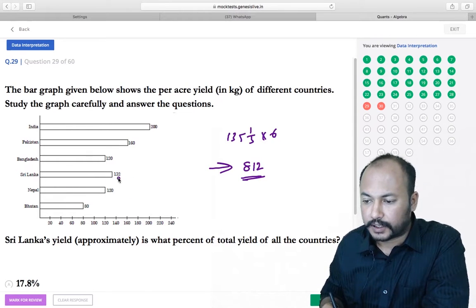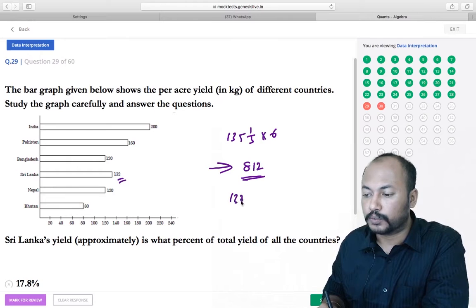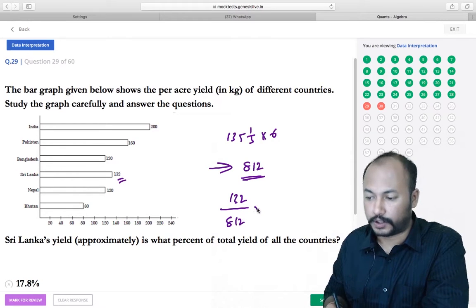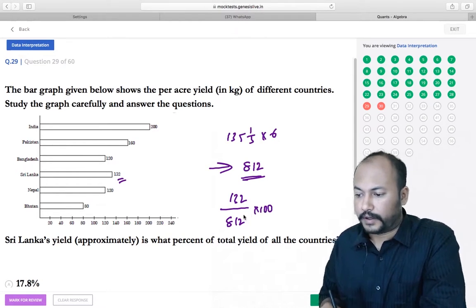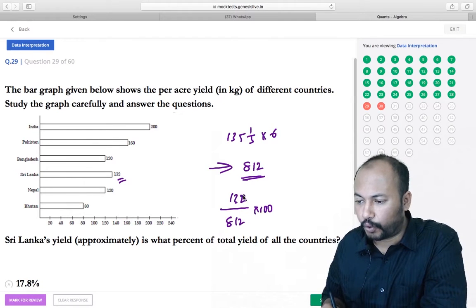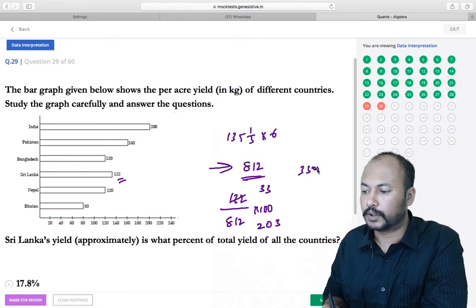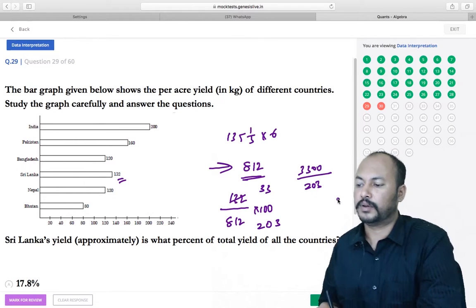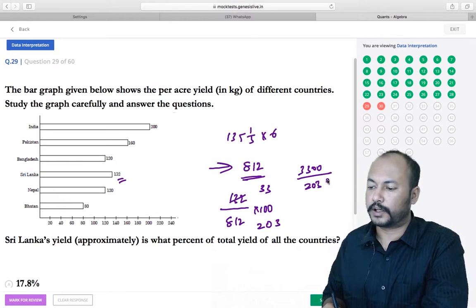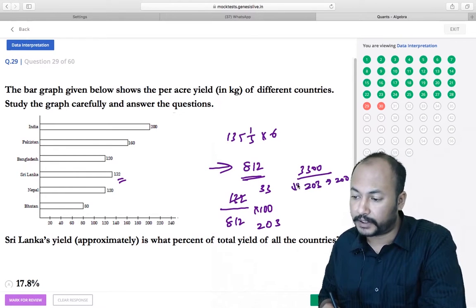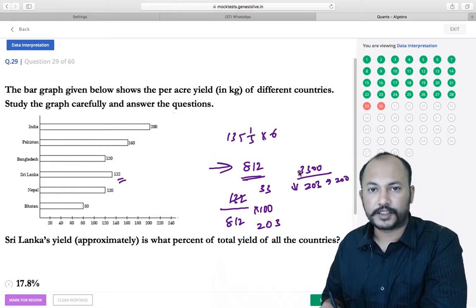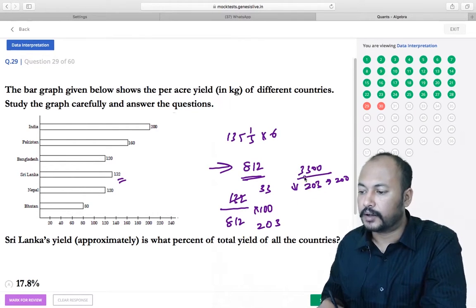Sri Lanka's yield is 132. So 132 divided by 812 into 100. Okay, calculations. Now 4 3s are 12, and then 3s are, then 4 2 0 3. So it is 3300 divided by 203. What I'll do is make this 200. So I've reduced my denominator, so whatever answer I get will be a little higher than the actual value. Fine. So if it is 200, then the answer will be